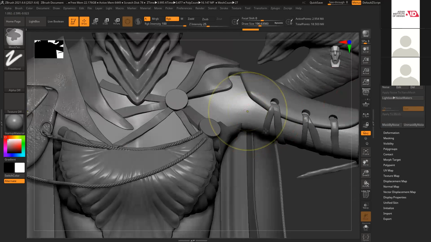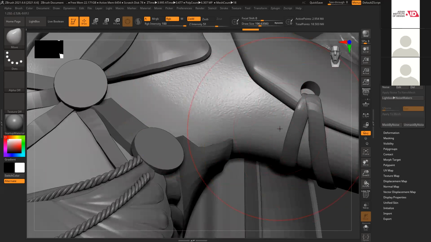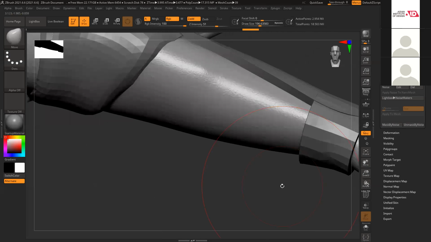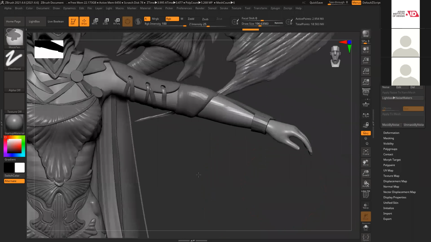See, now it's part of that layer. I feel this noise can be slightly strong, but it's a female, so I'll keep it a little smaller, because it should be smooth. Usually men's skin is a little rougher, female skin is a little smoother. So keep it a little smooth only.